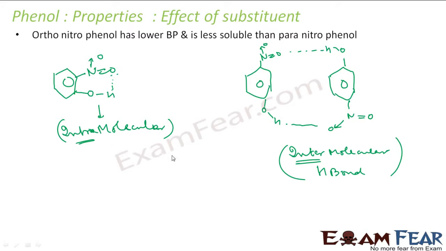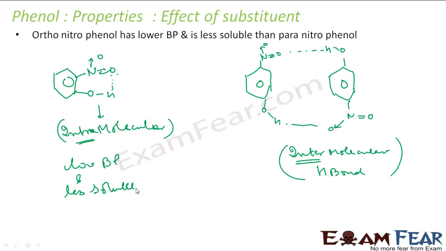So you can make out the difference between intra and inter. Now if you see, this one has intermolecular hydrogen bonding. This one has intramolecular hydrogen bonding, so it will not form intermolecular hydrogen bonding. So this one has a low BP and is less soluble also,